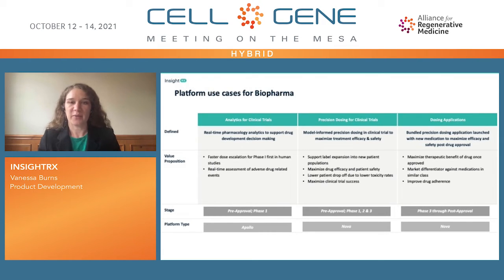Looking a little later down the pipeline, where we see adoption in phase 1 and 2, sometimes phase 3, is using model-informed precision dosing during the clinical trial. And there are two benefits to this. Obviously, to maximize treatment efficacy, so to get all of your patients within a particular target range versus giving flat dosing, and also to improve safety outcomes. With a narrower target range for your patients, you're likely to see more consistent responses. And if you know that you do not want to go over a particular target, we can avoid those adverse